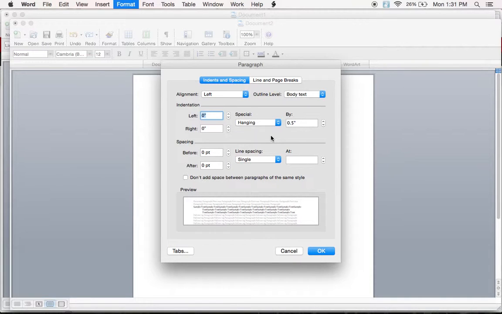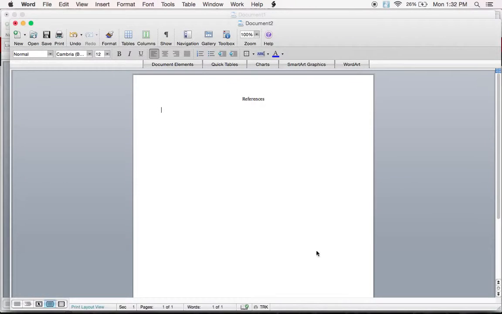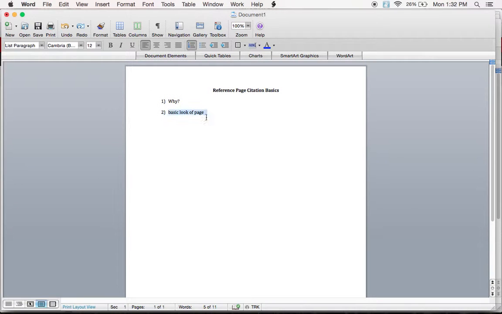And what a hanging indent does, it's kind of the reverse of a normal indent. You think of a normal paragraph, you indent the first line, but nothing else is indented in that paragraph. Hanging is opposite. The first line's not indented, but everything else is. So each source, in effect, has its own paragraph, if you will, that has a hanging indent. And we'll see what that looks like in a little bit. Okay, so use the same font style, use a hanging indent.